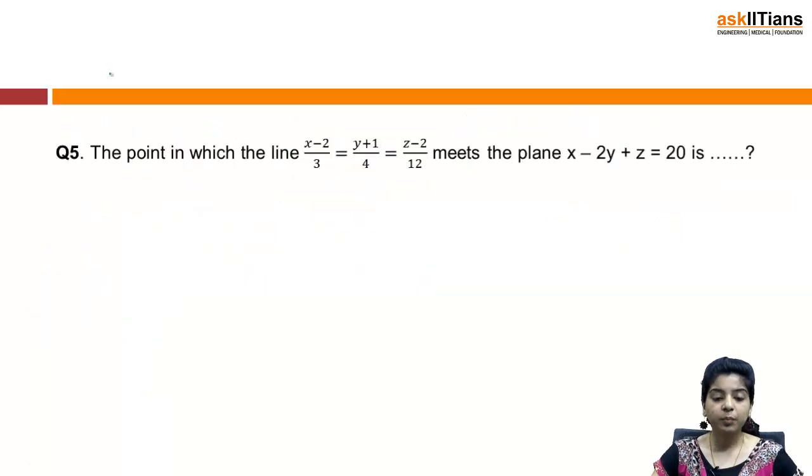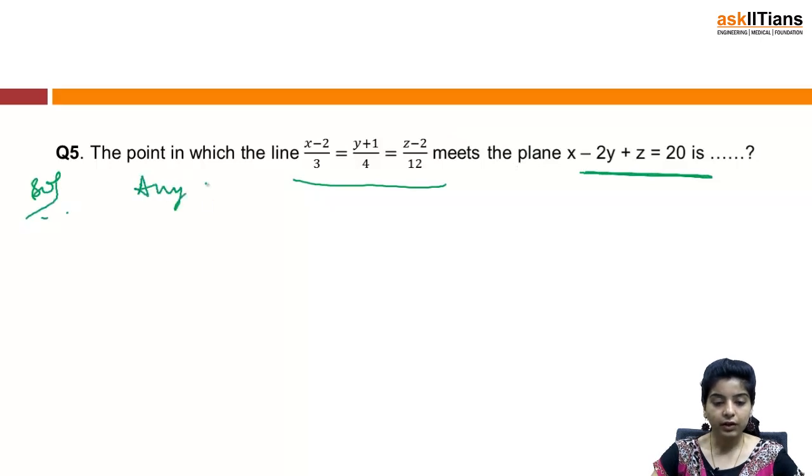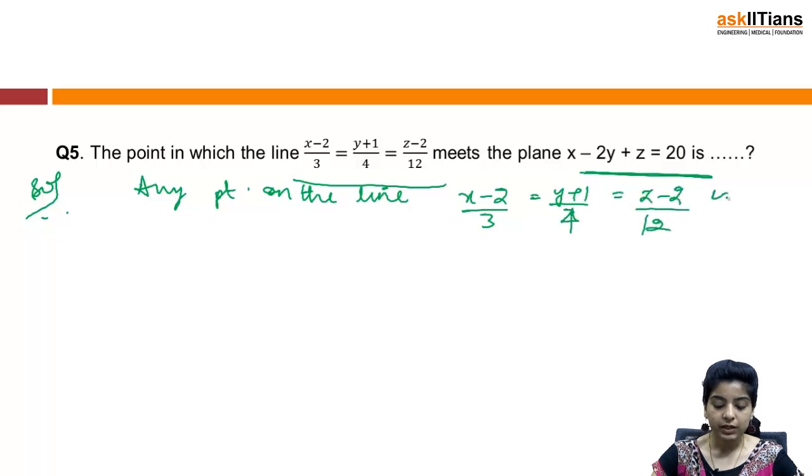The next question says the point in which the line (x minus 2) by 3 is (y plus 1) by 4 is (z minus 2) by 12 meets the plane this is. So first of all, any point on the line (x minus 2) by 3 equal to (y plus 1) by 4 equal to (z minus 2) by 12 is, suppose any point on this line would be 3r plus 2, then I will have 4r minus 1 and 12r plus 2,